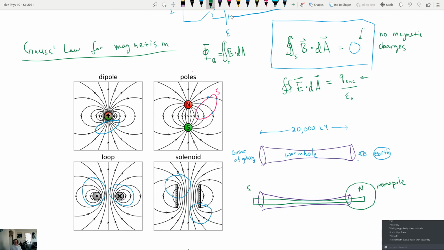Because now all of the field lines for this object would be emanating out just like this one right here. Even though there are technically magnetic field lines that are going in, it would have the magnetic field of a monopole because the other pieces of this, the place where these wrap back around, would be thousands of light years possibly away from this location. So that's one idea for monopoles, that if you could have a wormhole, you could probably produce a monopole by embedding a magnetic field inside of it, or by embedding a magnet inside of it. And then maybe you could do something with those monopoles. I don't know. But yeah. Okay, so that's where